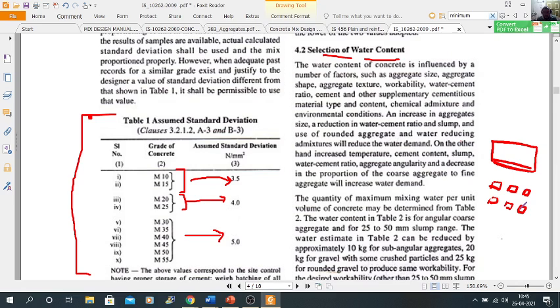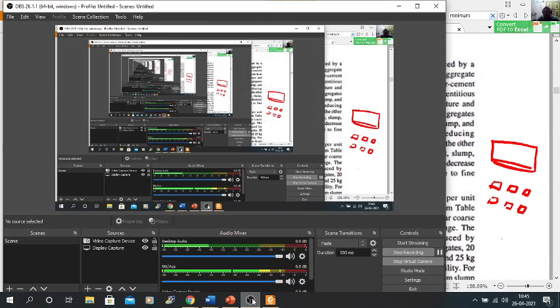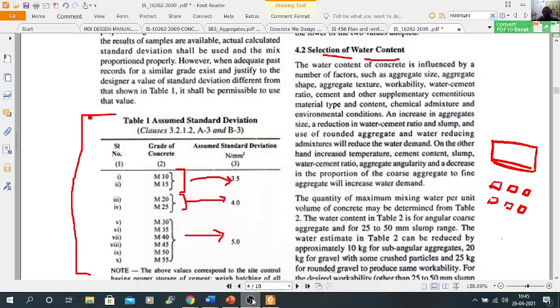Then also the water cement ratio, and cement and other supplementary cementitious material type and content. Supplementary cementitious material means the admixture usually. So admixtures, whether mineral admixture or chemical admixture, come under supplementary cementitious materials.